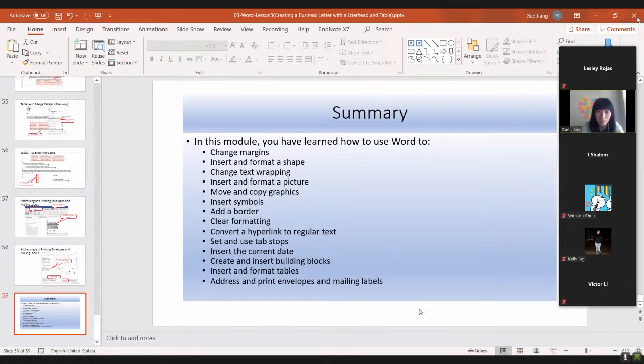We have done this project. Let's have a quick review to see what we learned from the beginning. First, before the letter is created, we set up the